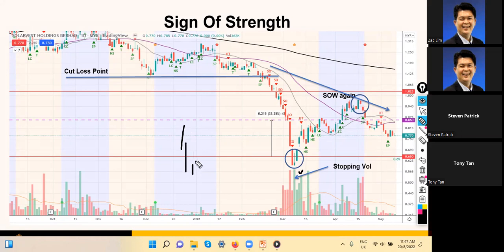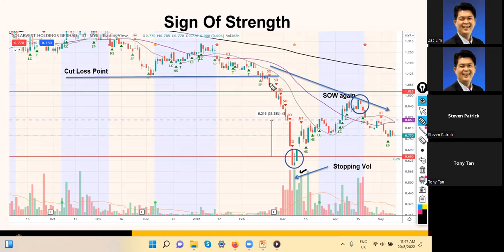You have a small bar up. You wait for the third and fourth rebound, which must be a high volume. If the volume is not high enough, that means